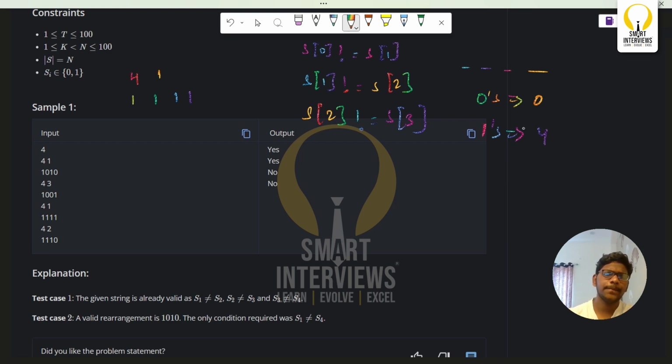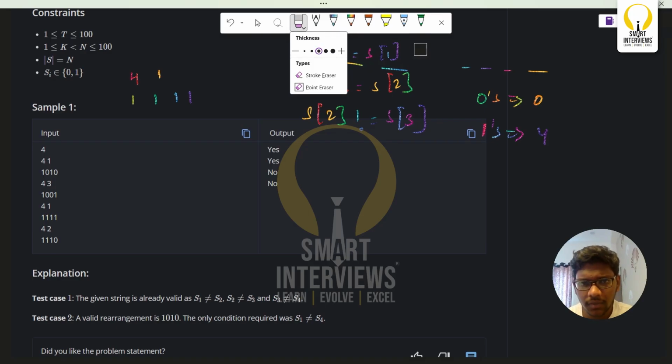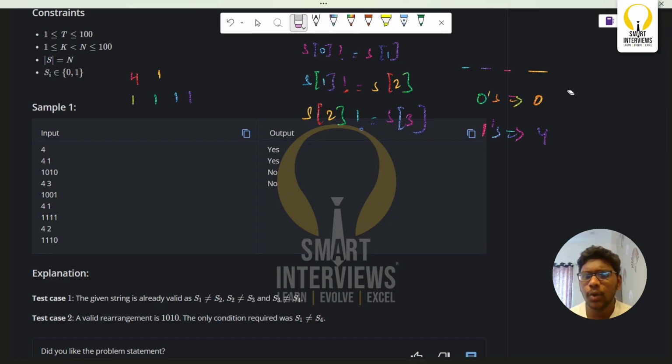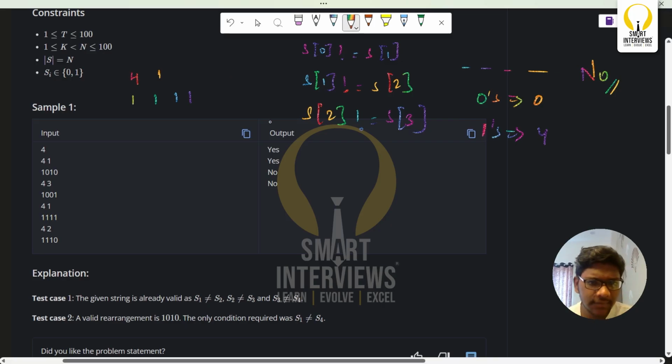What do you mean by that? Is there any instance where I can have S of 0 not equal to S of 1? No, I cannot have. So obviously the answer for this will be no. We'll see it for the last one, last test case as well,